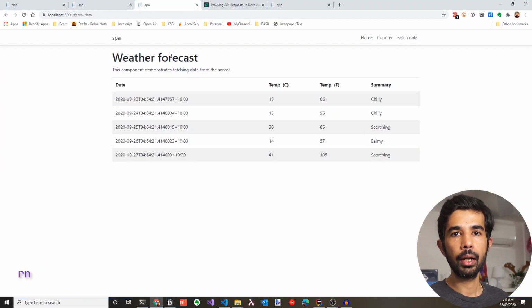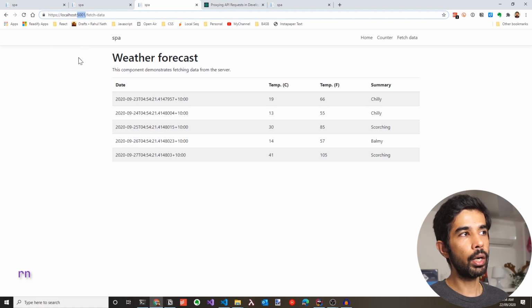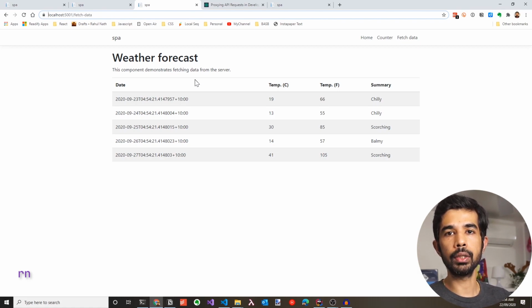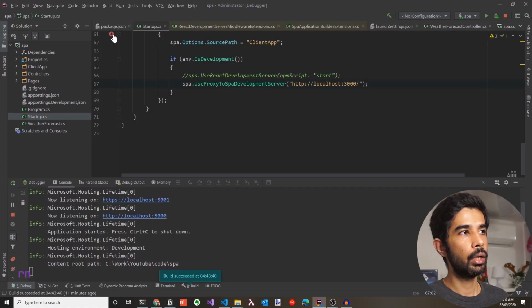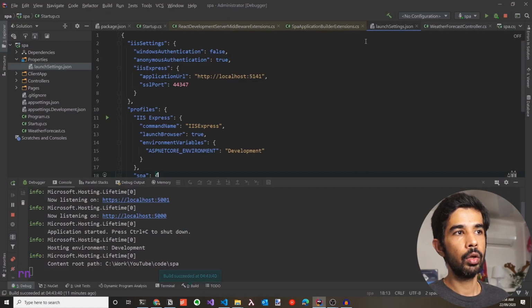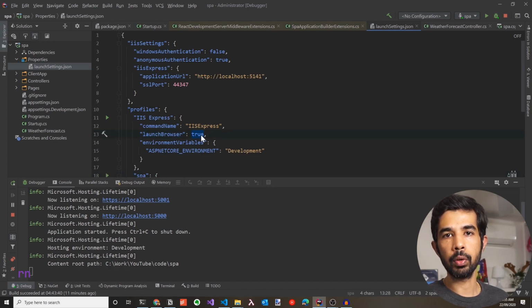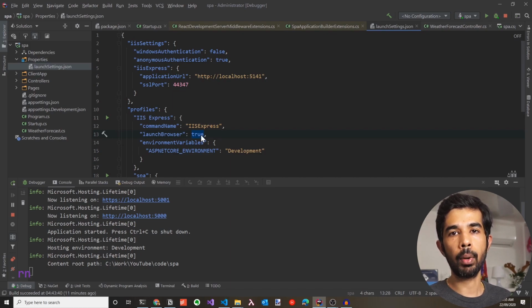Now, if I go back and run the application under 5001, which hits the ASP.NET Core server, it runs the application as expected. Now, if you prefer to run the application using the React application server and don't want the ASP.NET Core application to launch a browser, you can do that under the launch settings file. So in the project, under the launchSettings.json file, we have a launchBrowser attribute, and you can set that to false. This will prevent launching it from the ASP.NET Core side. So whichever method you choose, you can turn off the appropriate browser being automatically launched.